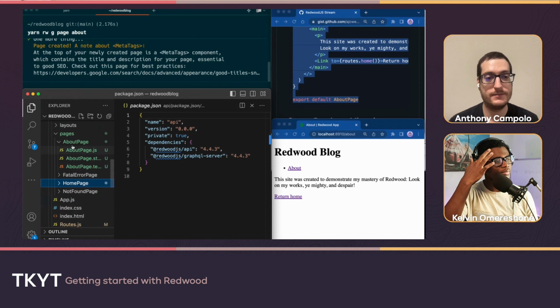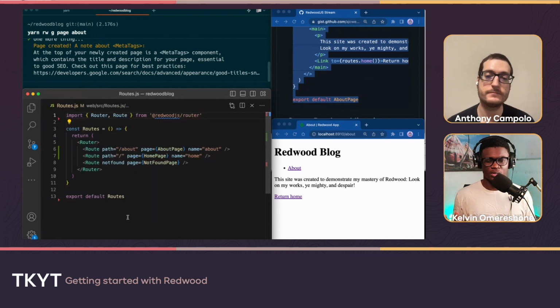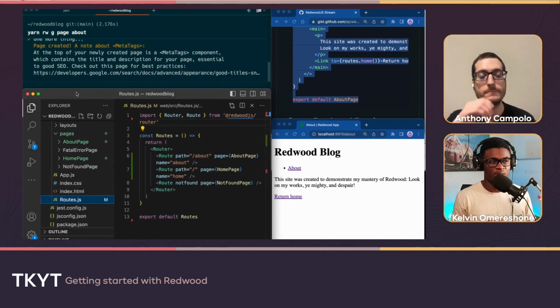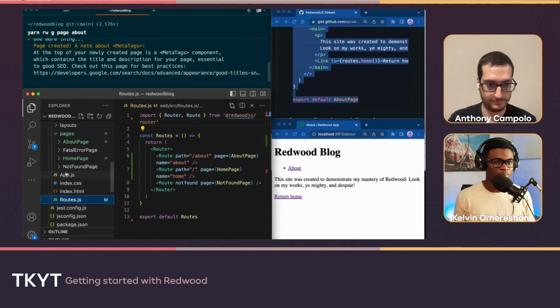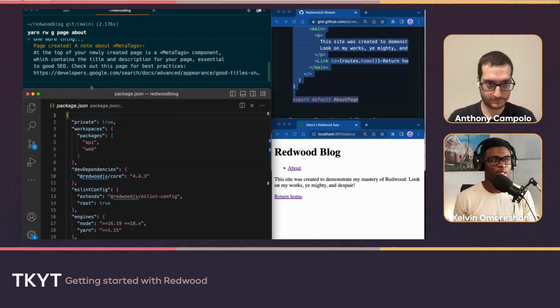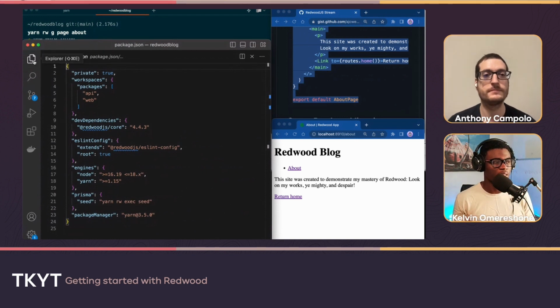Cool. So it's like two separate packages, or how do I say this? It's like an API with its own package.json, so that's standalone, and the web with its own package.json, so that's also standalone. So they are not sharing dependencies or anything; they're just in the same code base.